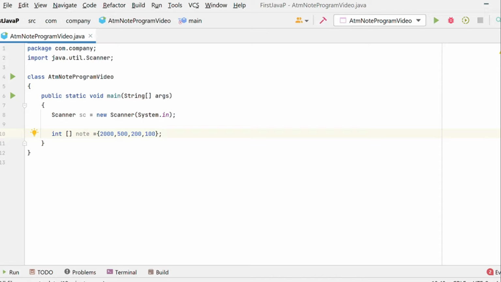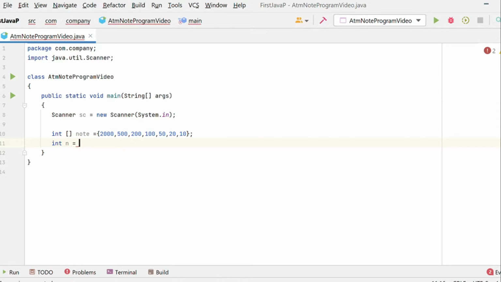Also you have seen that if you go to an ATM, there is a message showing that you must enter the amount in multiples of 100 rupees. You cannot enter 110 rupees because in an ATM machine there is no tray available for 10 rupees. But I want to show you, so let us consider this an exception. Our ATM machine has a 50 rupees note tray, a 20 rupees note tray and also a 10 rupees note tray.